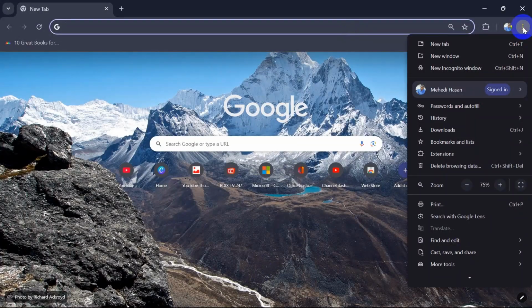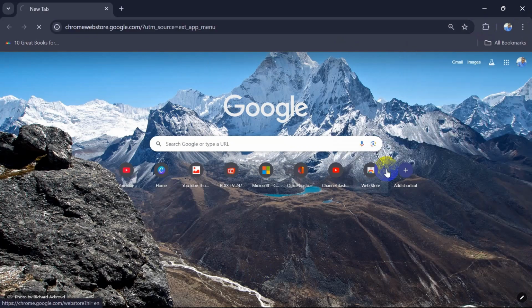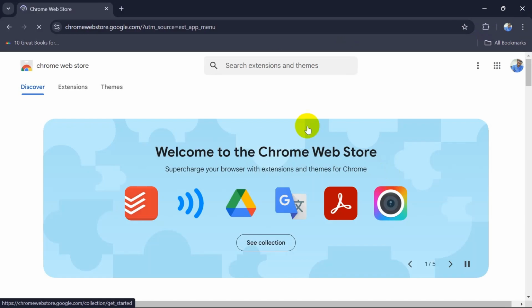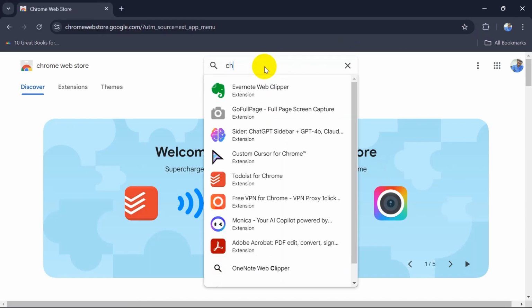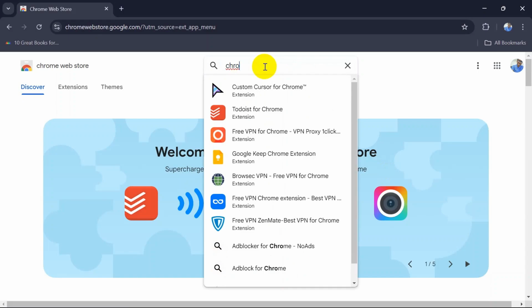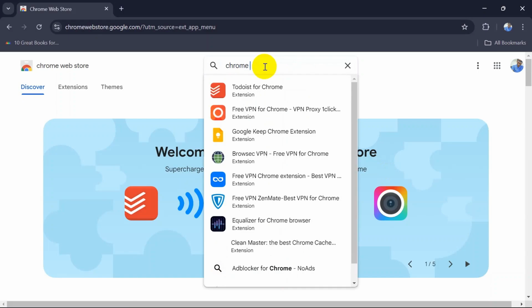So first, come over this three dot icon, and then here you just need to come over extensions and then click on visit Chrome Web Store. After coming in Web Store, we are going to search for Chrome Lock